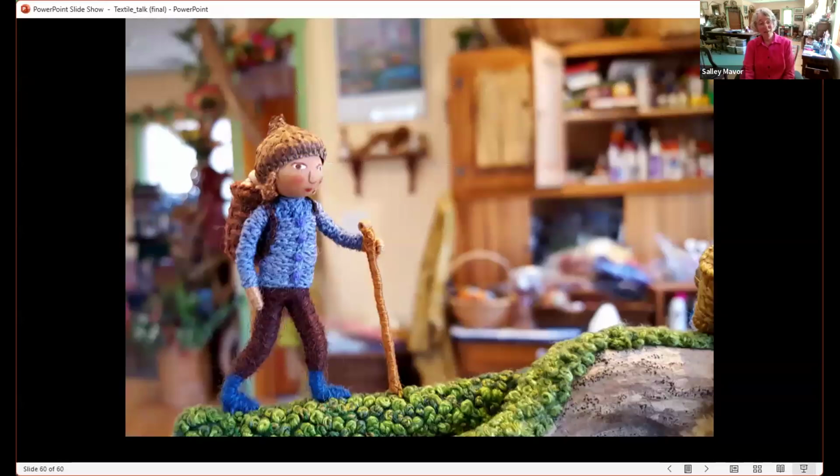Well, after 50 years of single-minded dedication to making art, I feel a change taking place. Instead of wanting to stitch every single minute, I'm finding that I'm really enjoying spending time with my grandchildren and weeding the garden. And I don't know what is going to happen next, but I intend to keep living an artistic life and share my vision with the world. Thank you for listening to my story.